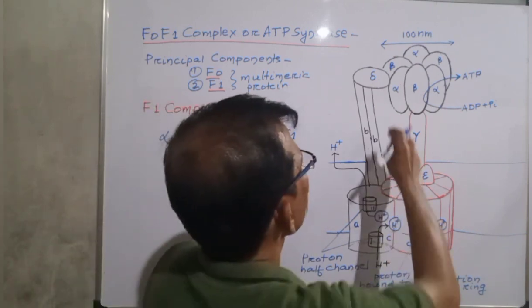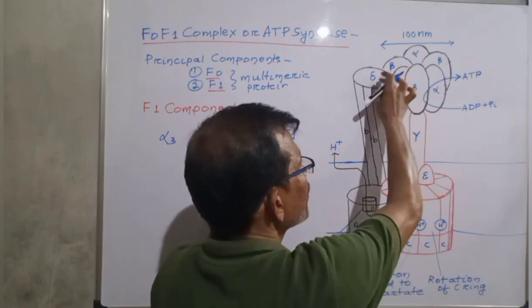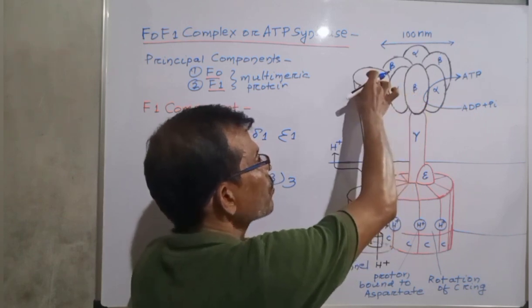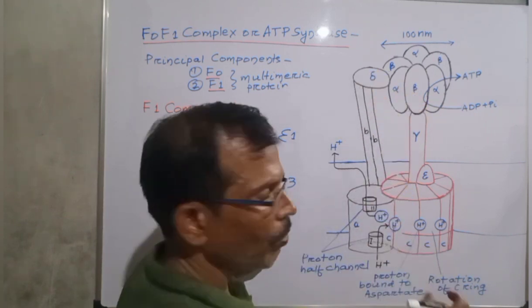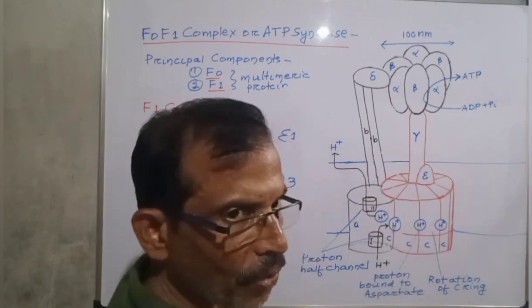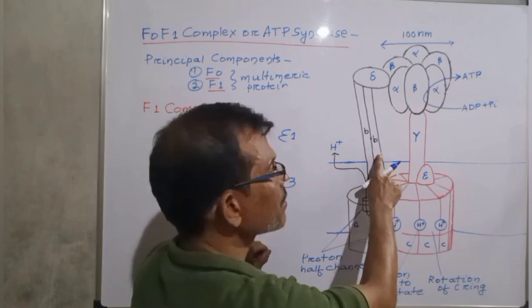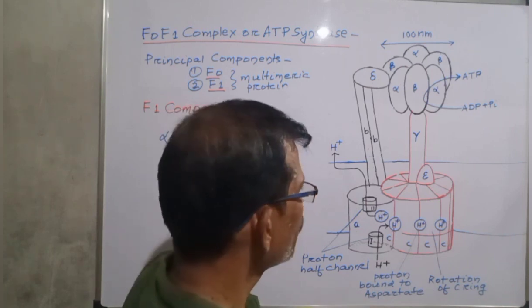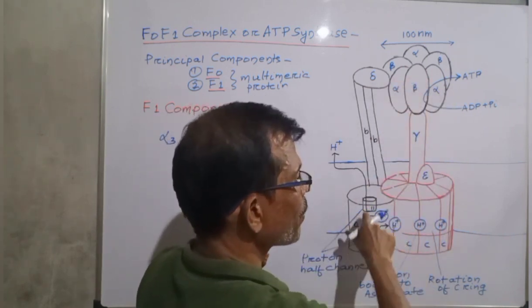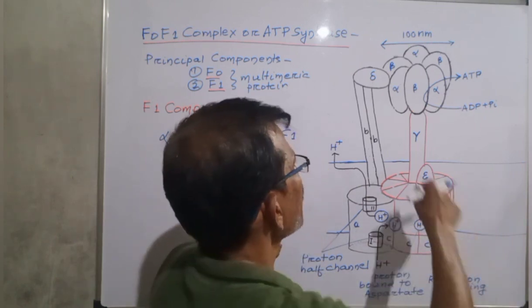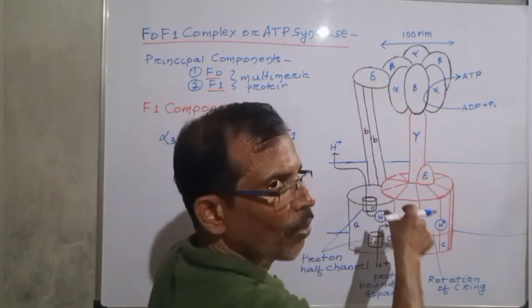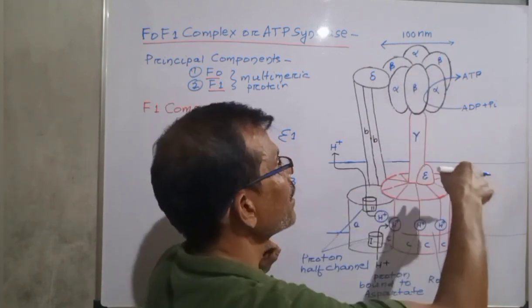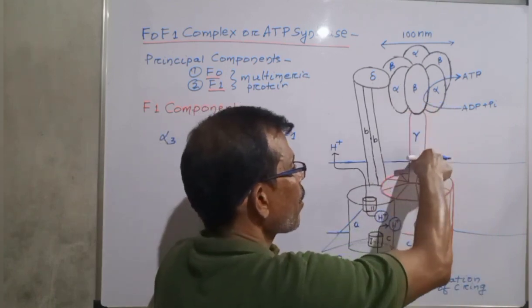Next, the F1 delta subunit is permanently linked with one of the F1 alpha subunits and to the long B2 subunit of FO. So in this structure, the FO A and B subunits and the F1 delta, alpha and beta subunits together form a rigid structure that remains anchored in the membrane. The long B2 subunit of FO acts as a stator that prevents the hexamer from moving while it rests atop the single long gamma